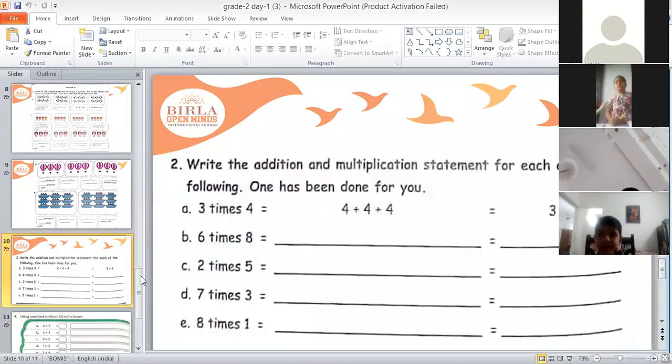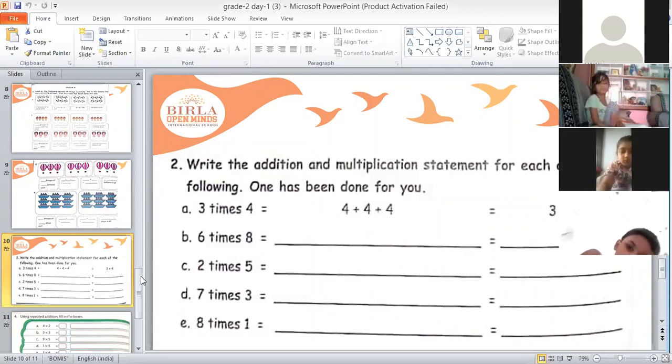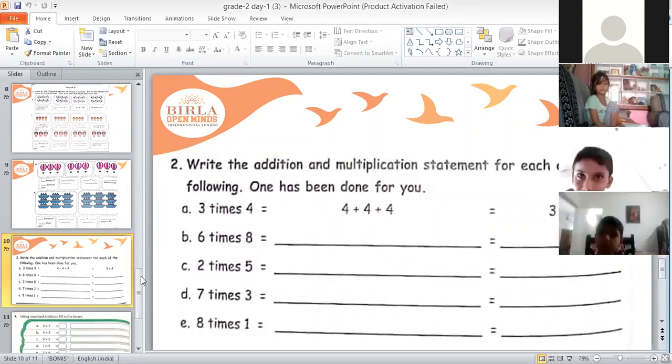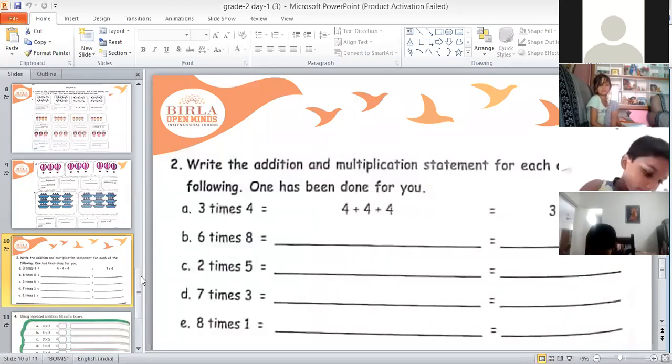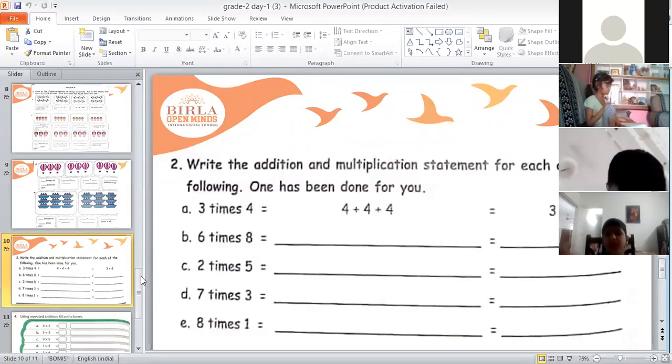Okay now. Adya, you tell me what is there in the first picture? Sheep. Okay, so sheep are there. Now Adya, tell me how many groups are there? 3 groups. Okay. So children, what you will do? You will write in your first blank, 3. There are 3 groups. Okay.